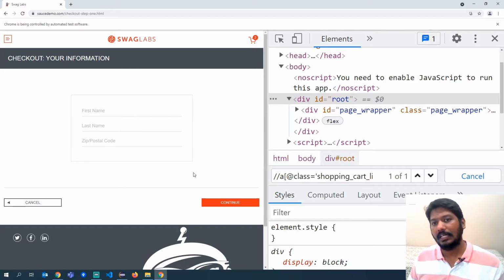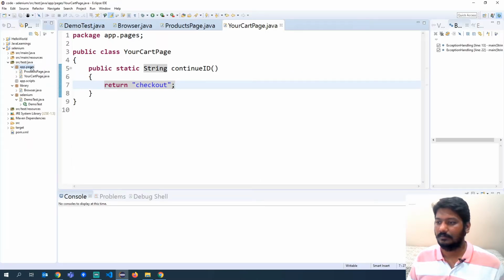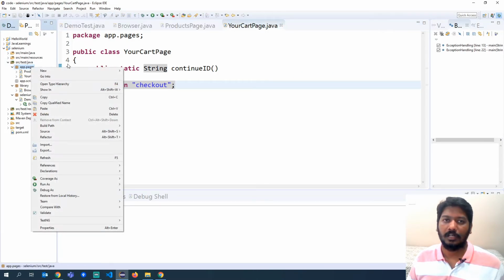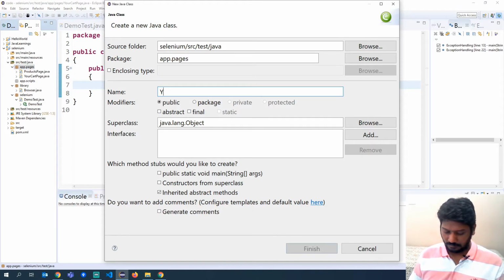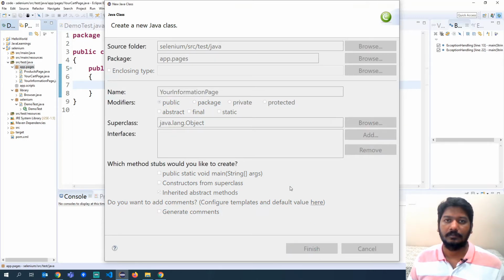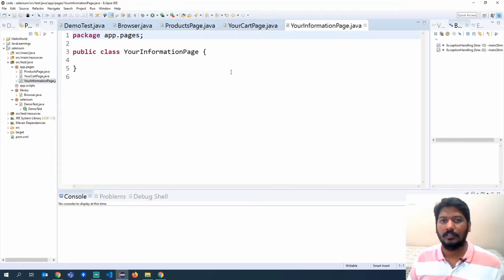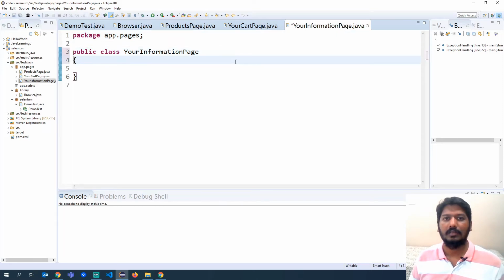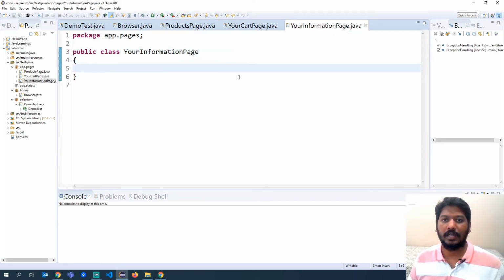So you have to create another page here, the class for a page that is called your information page. So I'm going to Eclipse again, create a new class in the same package, your information page. Okay, so in this page we have 3 to 4 objects that you have to add.